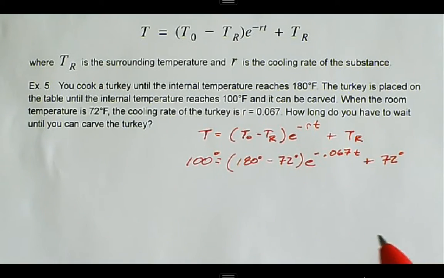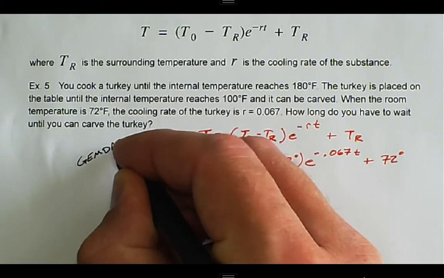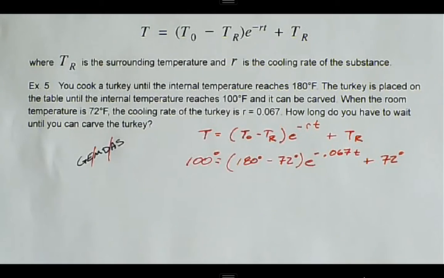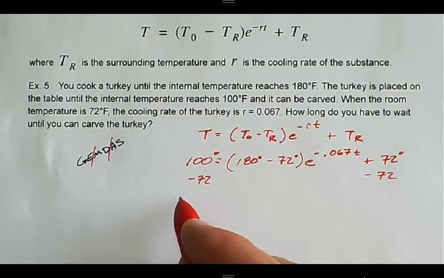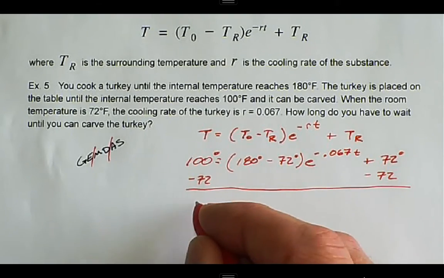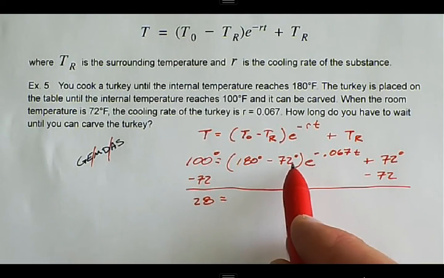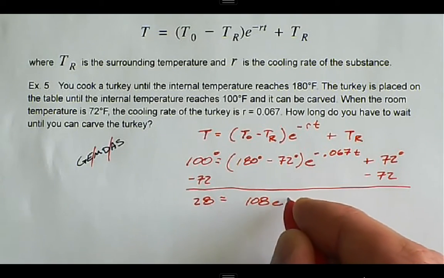So we want to use GEMDAS again, so we'll write that down. In GEMDAS, we do addition and subtraction first, then multiplication or division, and then exponents. So we can subtract 72 from both sides, and we get 28 is equal to, we can do this math, 180 minus 72 is 108, multiplied by e raised to the negative